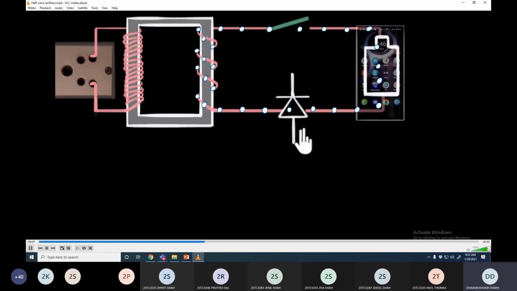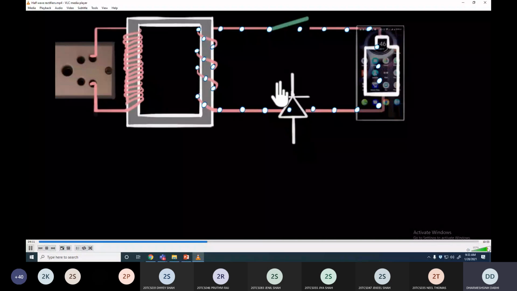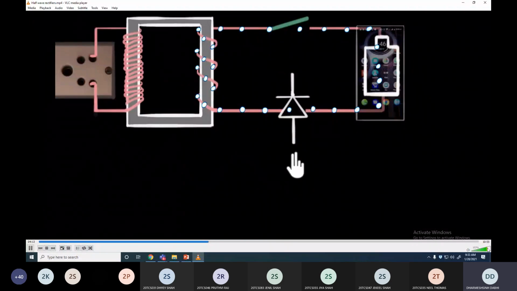Here's the way that person would think about it. The arrow mark over here is telling us that this diode in this orientation allows the flow of charges upwards, and it doesn't allow the flow of charges downwards. That's it. We don't even have to worry which is P and N. So if you want this diode to conduct, we have to put a positive here and negative here, forcing the current this way. If you put a positive here and negative here, the current won't flow. That's all. Think of it this way. Don't worry about the P and N when you look at a circuit symbol like this.